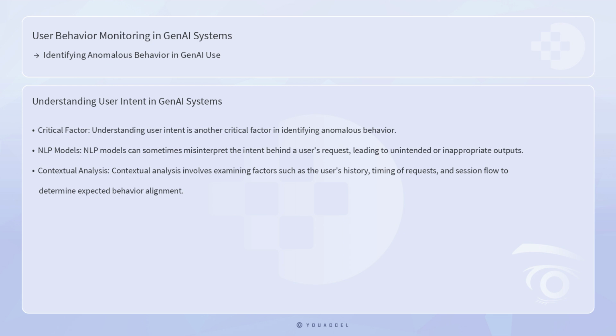To mitigate this risk, monitoring systems must be able to assess not only the content of user interactions, but also the context in which these interactions occur. Contextual analysis involves examining factors such as the user's history, the timing of requests, and the overall session flow to determine whether an interaction aligns with expected behavior. This approach helps ensure that anomalies are identified not merely as isolated incidents, but as part of larger patterns of